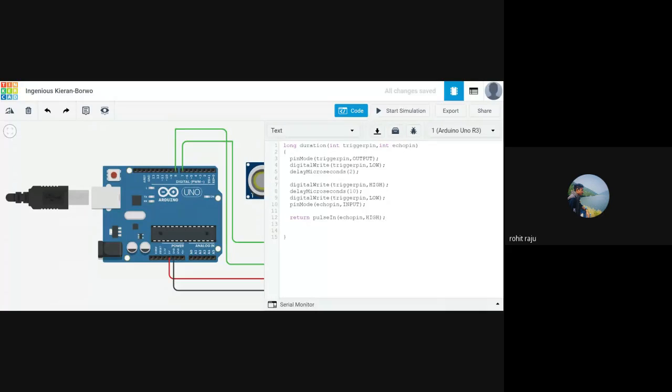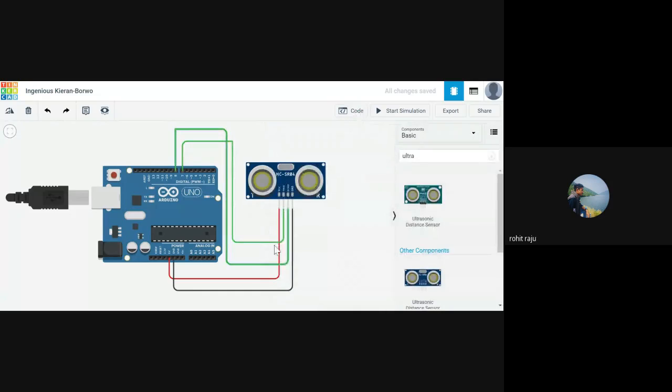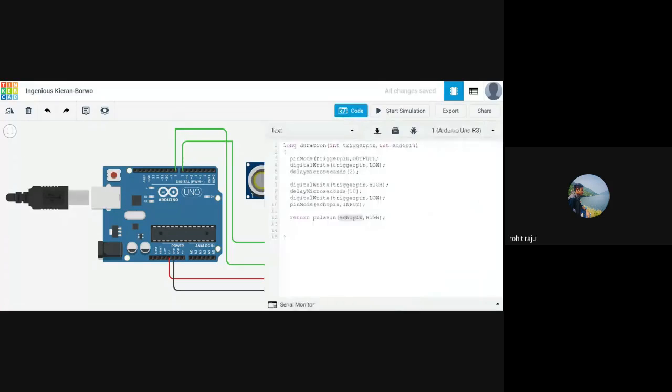This function calculates the total time taken for this pin to go from low to high. What happens is when the signal strikes back off the object and travels towards the receiver, as soon as it hits the receiver, it goes from low to high. So it calculates the total time for this receiver to go high. If we put low here, then it calculates the total time for it to go from high to low. But in this case, we are calculating the time for it to turn from low to high. And this function gives our answer, the duration.